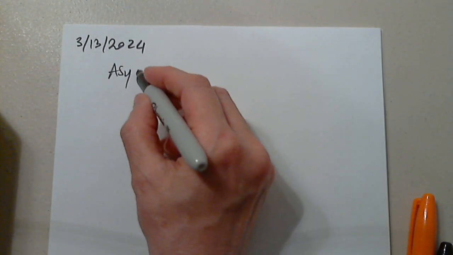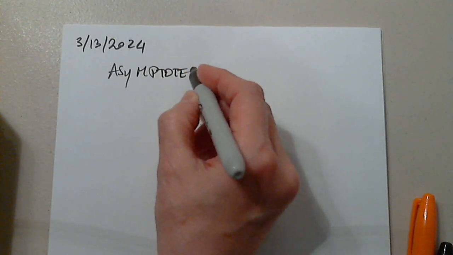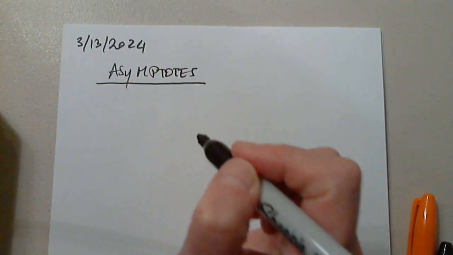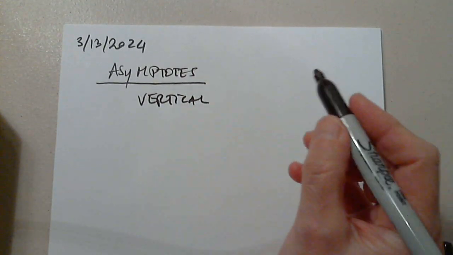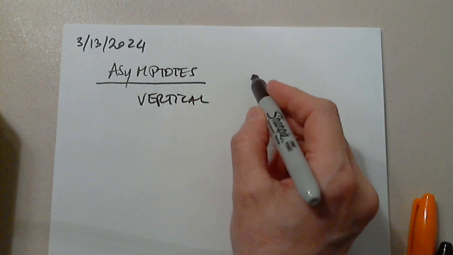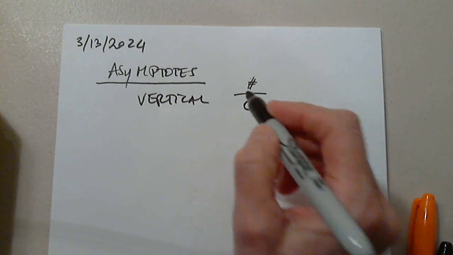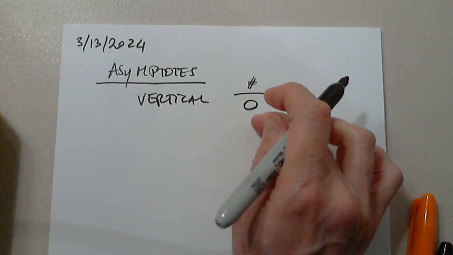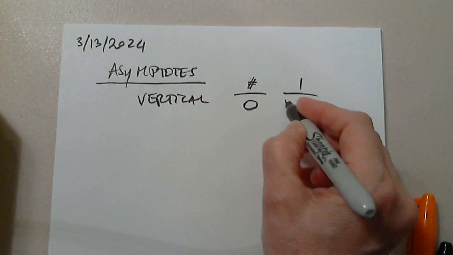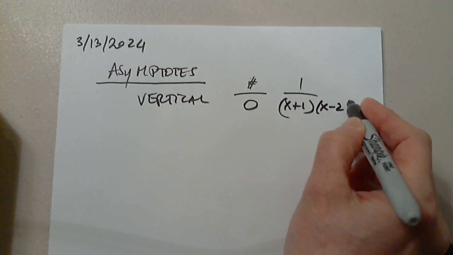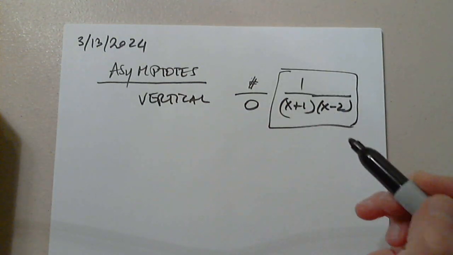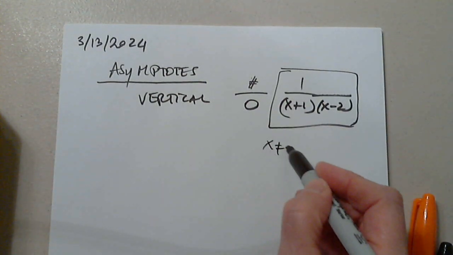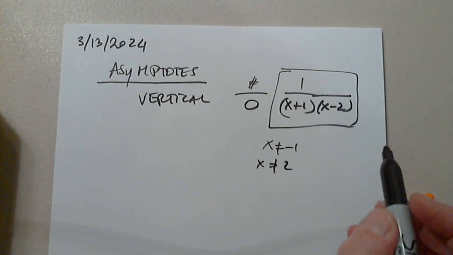Asymptotes before we select a function and graph it. So vertical, very simple. Every time we have a number divided by 0, like for example 1 divided by x plus 1 and x minus 2. If we have this function, we know that x cannot be -1, x cannot be 2, so